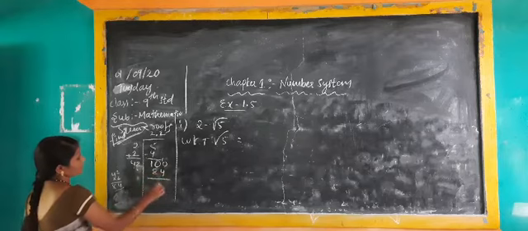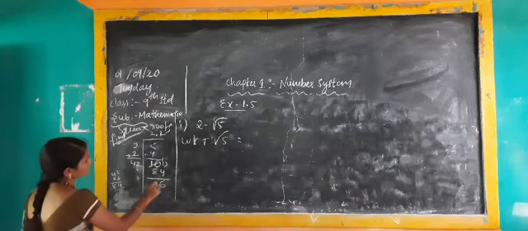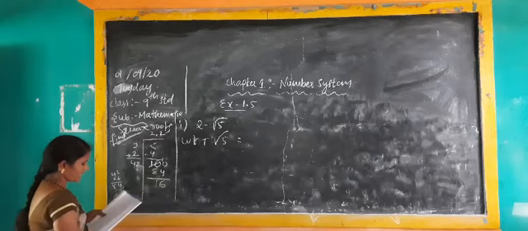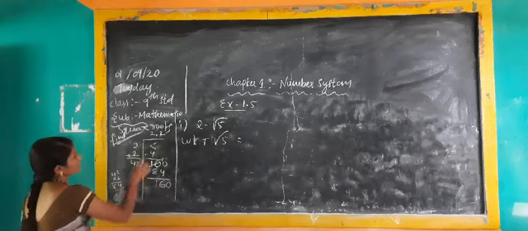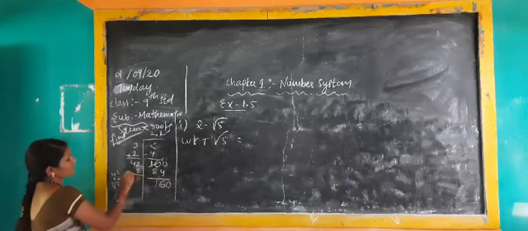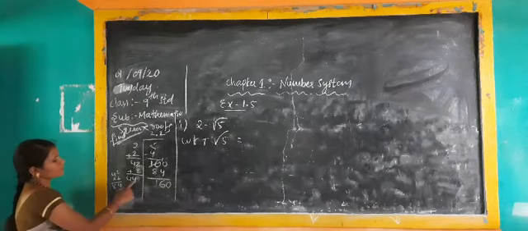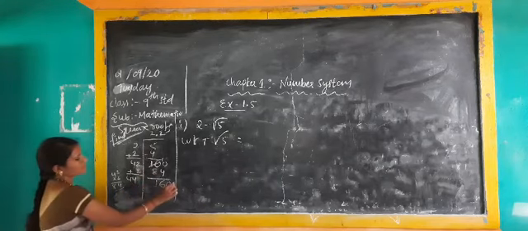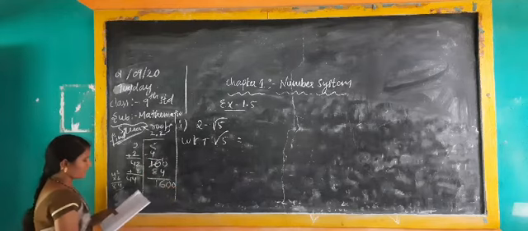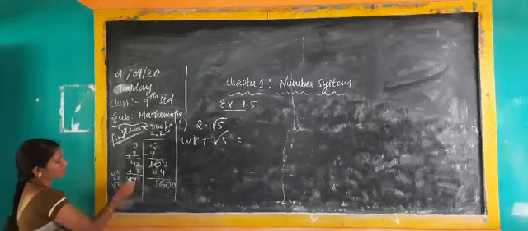10 minus 4 will be 6, and here 9 minus 8 will be 1. You will get 16. I said the point is already there, so take the 0 and add this digit here, 44. If I write 1 it means 4, and you will get 41. The point is already there, so you should take the 0.